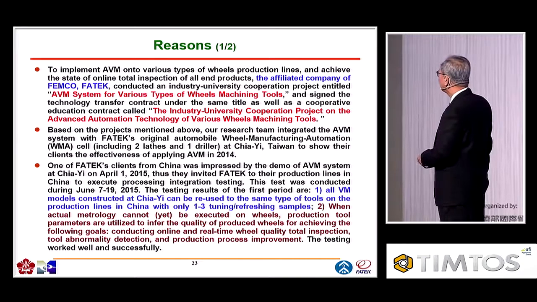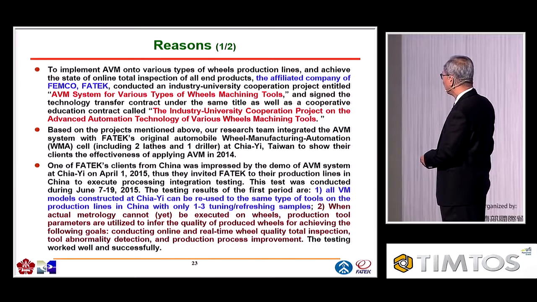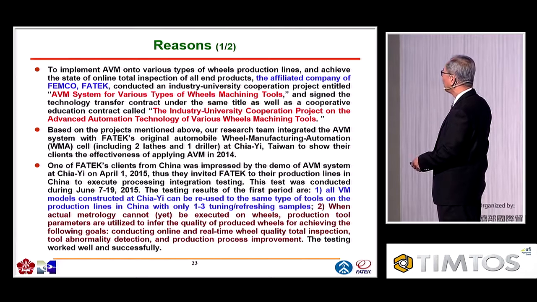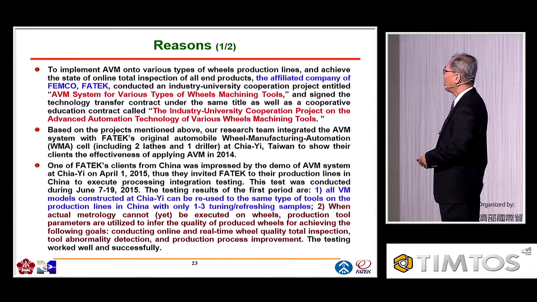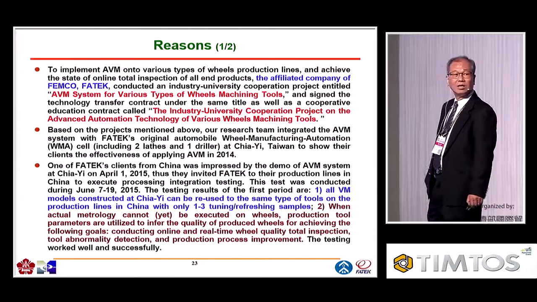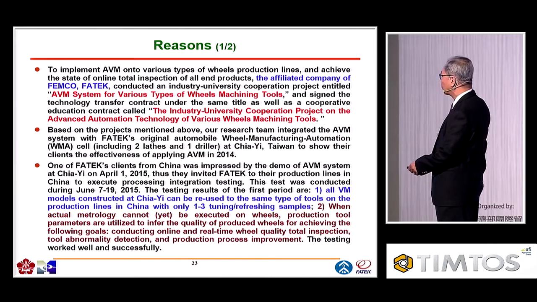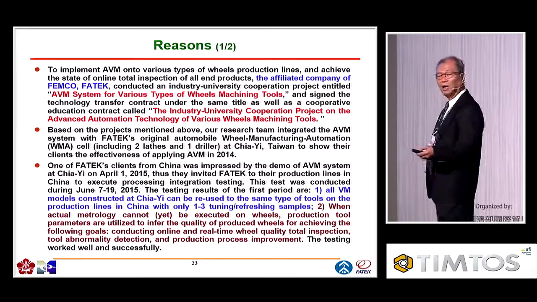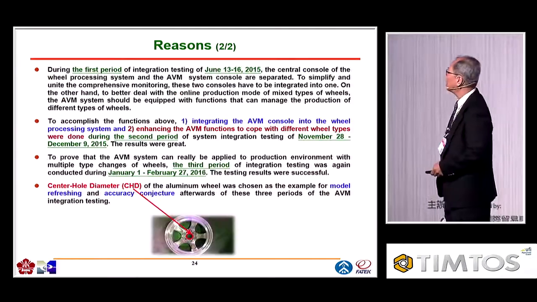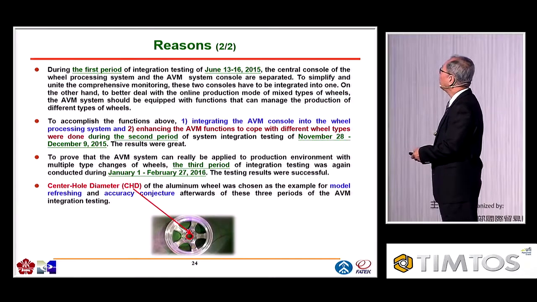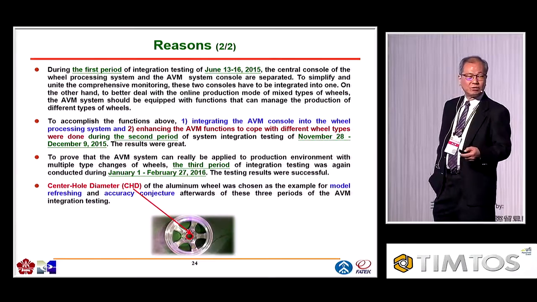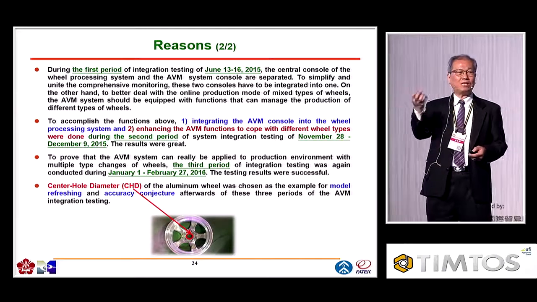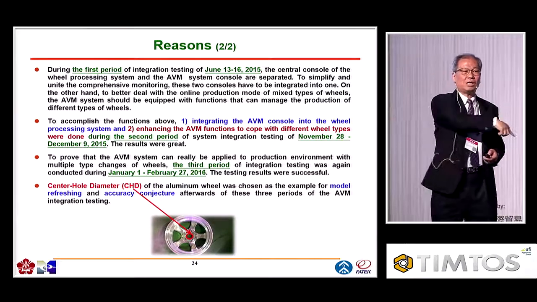and test whether the system is good for mass production or not. So you see, we tried to prove that all VM models constructed in Jiayi, Tainan can also be reused for the same type of tools on the production line in China. Using just 1 to 3 samples, we can use the same model in mainland China. We have 3 periods for testing. The very first one just checks that the model built in Taiwan can be reused in China also.